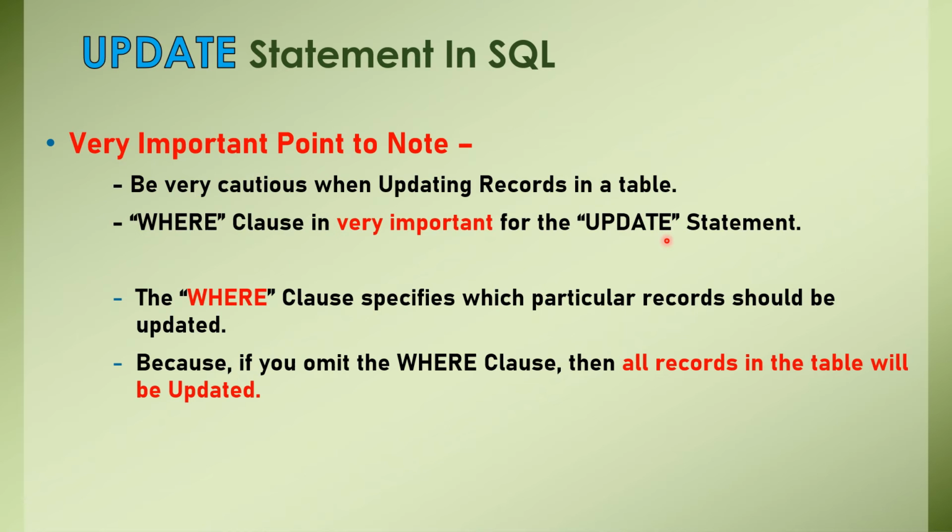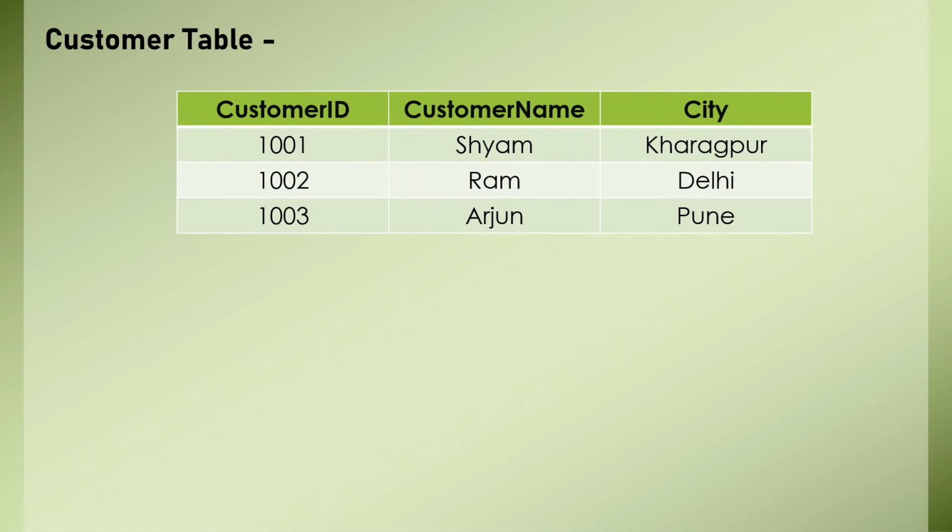Okay, so let us see an example related to this, then you will understand what the actual mess is. Suppose I have this customer table again. My same requirement was that I need to update Shyam's location to Mumbai, correct? But this time I don't want to give the customer ID 1001. I don't want to give the condition part, but still I want Mumbai to be reflected on Shyam's city. Okay, so let us see what the query will be.